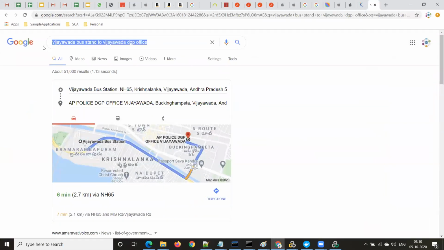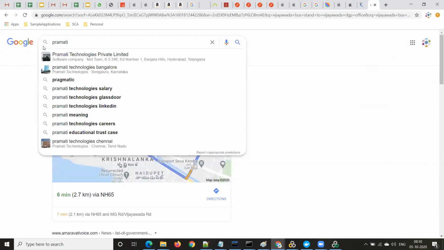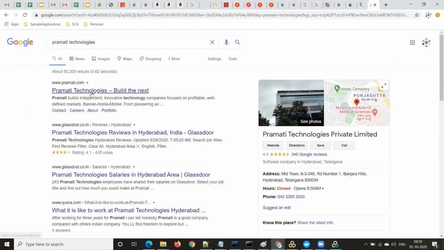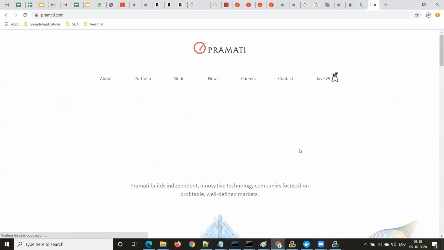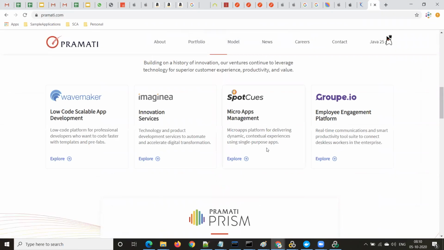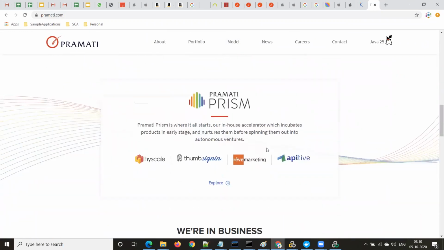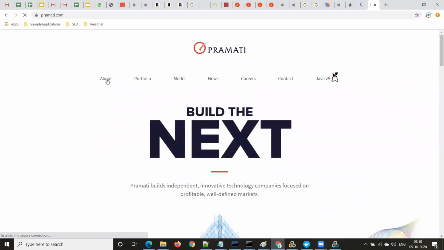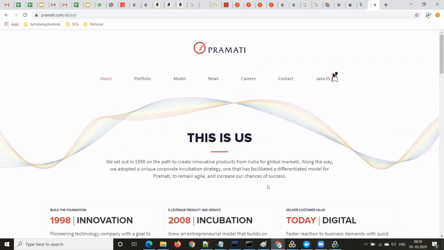Pramati is a Hyderabad-based company, Pramati Technologies. They have developed their own application server, and as you can see here, they set out in 1998 on the path to create innovative products from India for global markets.